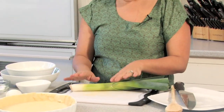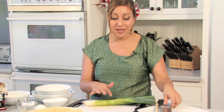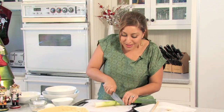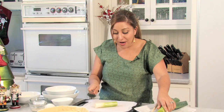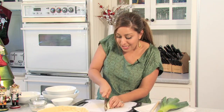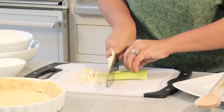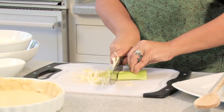I have over here one leek. I've already washed it. And after you cut a leek open, you also might want to wash it again because it is a vegetable that is in the ground and sand does tend to get trapped in there. I've washed mine already. I'm going to cut it down the middle. See what I got here? Nope, no sand inside of there. And I've just cut it straight down the middle,